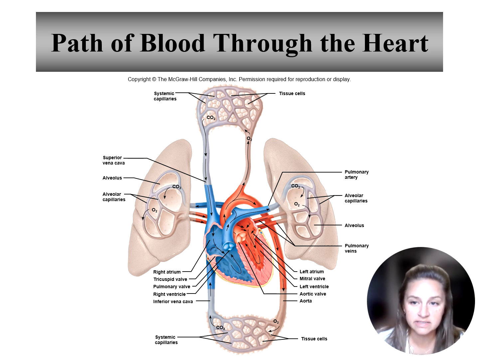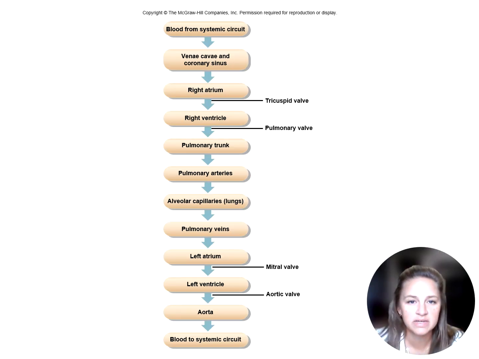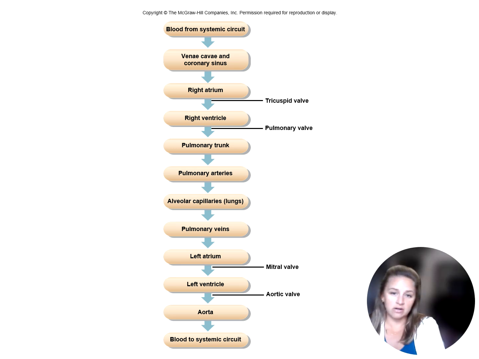The path on this next slide would be helpful to help you navigate through all of these individual structures as you're first getting familiar with this. So you have blood from the systemic circuit. This would be like returning from a body part, and then it goes to the vena cava or the coronary sinus into the right atrium. And then between the right atrium and the right ventricle is the tricuspid valve. Then it would go from the right ventricle to the pulmonary trunk. So this would be deoxygenated, oxygen poor blood. It would go to the pulmonary trunk and the pulmonary arteries into the